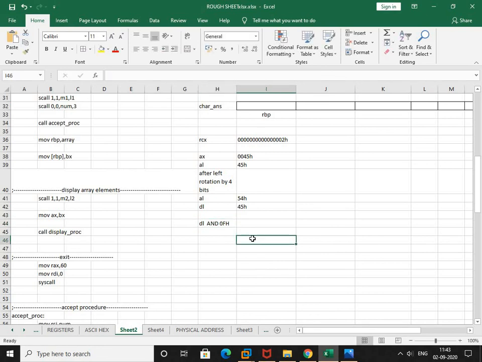It is 45H. AND with 0FH. What result did I get? 05H.